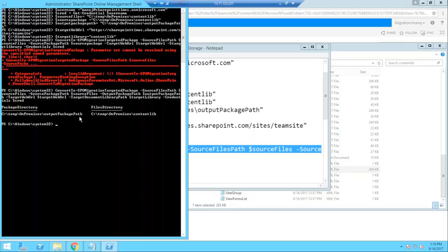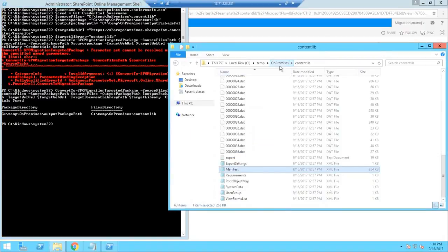Manoj, is this all the parameters we can pass, or are there any other settings? No, this is the only way we can pass the parameters. So this is going to convert the files into the required packages for SharePoint Online, right? Absolutely right. No other settings are required. It's just a command with some parameters. So it's going to put it in the output folder, right?